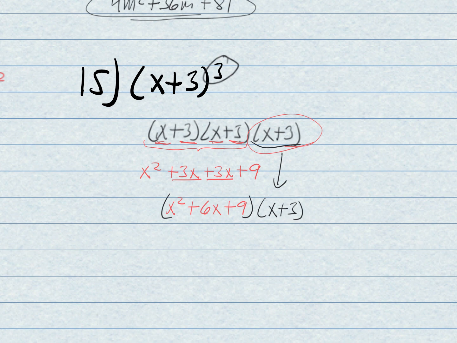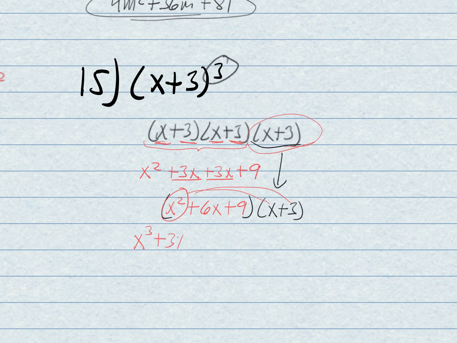And then from here, we've done maybe a couple examples like these, right? If you have a trinomial times a binomial, you're going to distribute each term into the second polynomial. So our first polynomial here is this trinomial, x squared plus 6x plus 9. I'm going to go ahead and distribute the x squared to each term in our binomial. So x squared times x plus 3 is going to get you x squared, or no, x to the third power